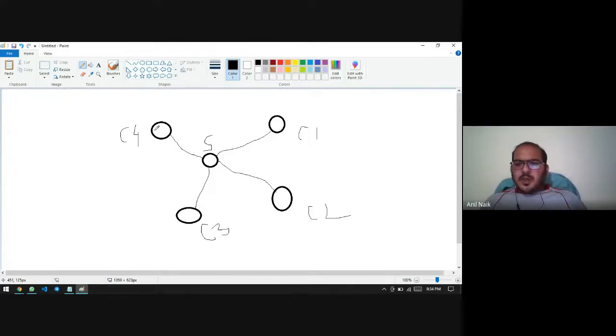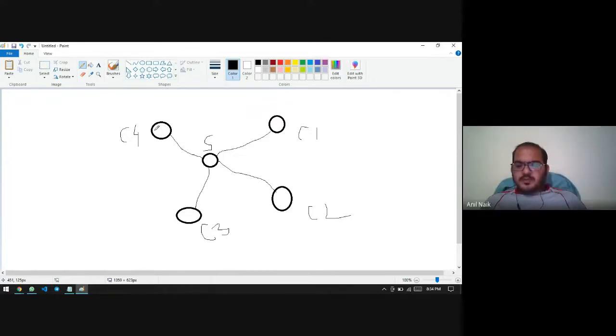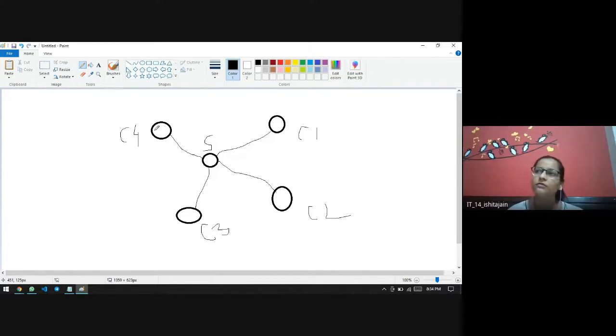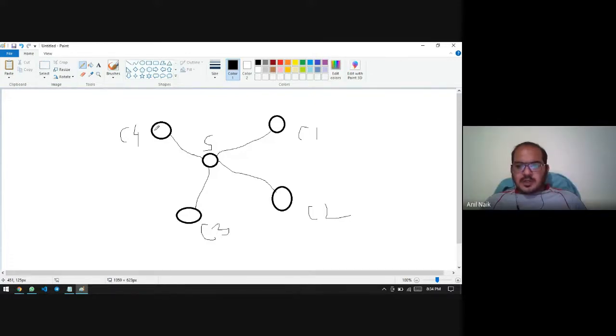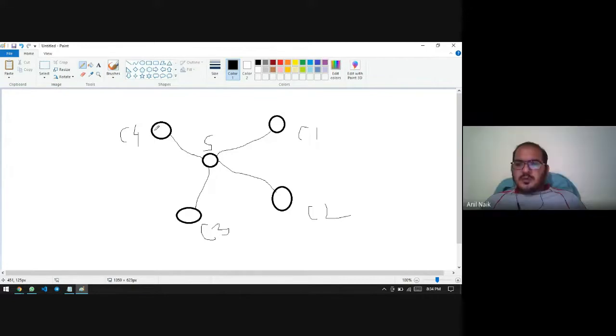Can you tell me what is the POP3 protocol? I don't know, sir. Okay. Do you know any protocol that is used for mail service? Yes, sir. SMTP is used for mail service. It allows us to send a mail from one email address to another email address. Okay.